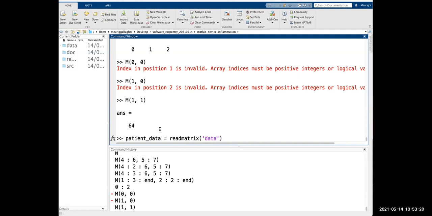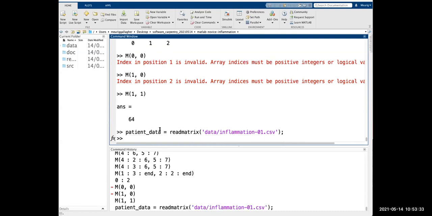So I'd say data, because we're going to look in the data folder, look for inflammation01.csv. And then I can put the semicolon in to terminate the output, so it doesn't just print everything to the screen, and then hit enter. Okay.